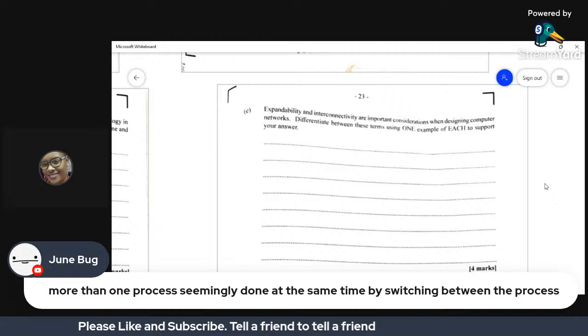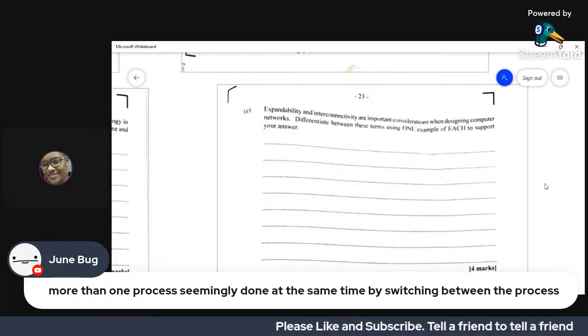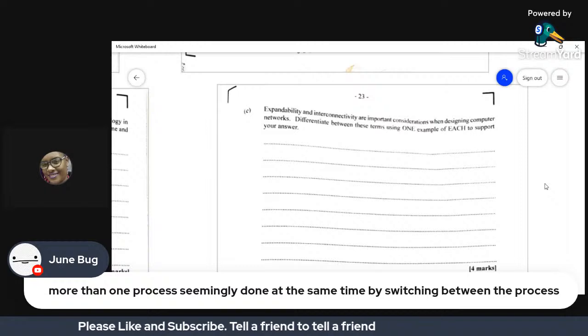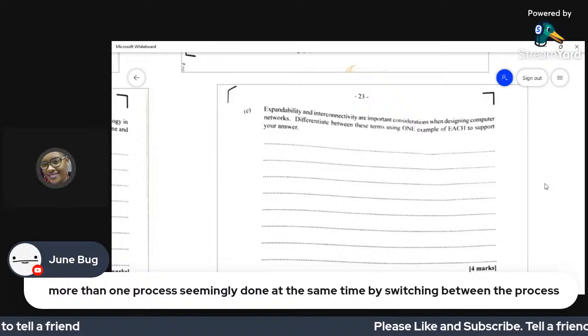Is it that this particular network can communicate or access the internet? Because the internet would be an example of a WAN, which is a wide area network. So that would be the interconnectivity.